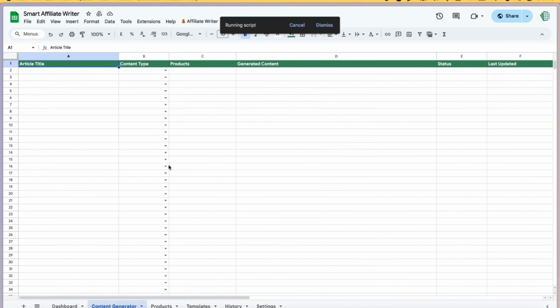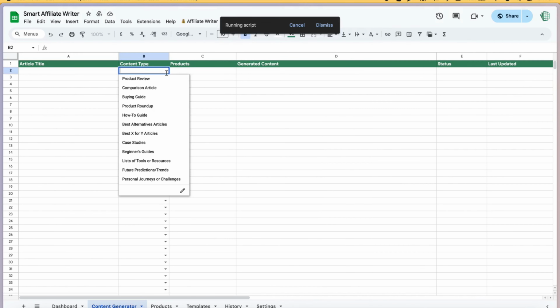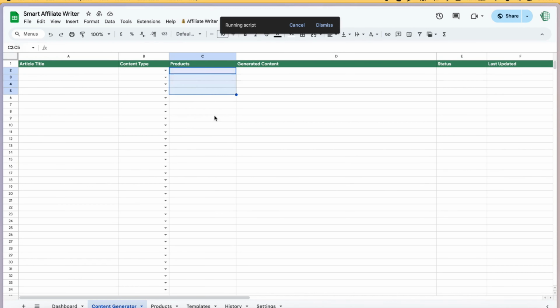In the meantime, this is the content generator subsheet. Here you can select the content type that you want to generate around the article. You simply need to paste the link around the article and you can generate a lot of content around this. So this is what we would be using once our products are done scraping. Here in the products, I'm going to add in monitor so that this would turn into a product category which we would be using later on.